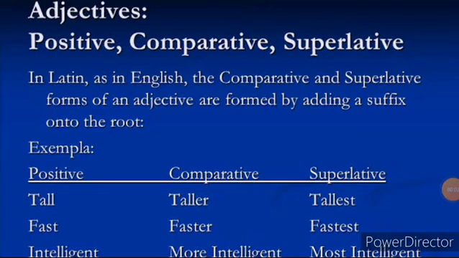Children, we use different forms of adjectives to compare one person or thing with another. There are three degrees. The first one is the positive degree, the second one is the comparative, and the third one is the superlative degree. We have already practiced the degrees of comparison, with examples and rules, in our classroom. So now let's recall the definition of adjectives and the degrees of comparison, that is positive, comparative and superlative, with rules and examples, and then we shall do the worksheet of adjectives.